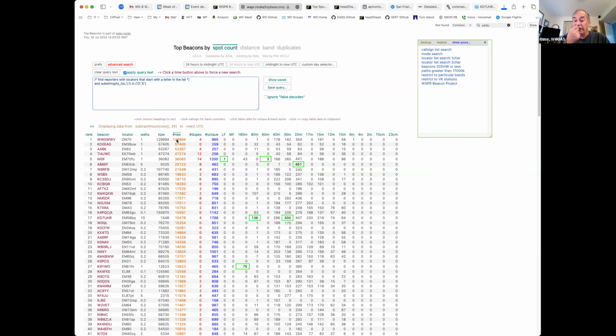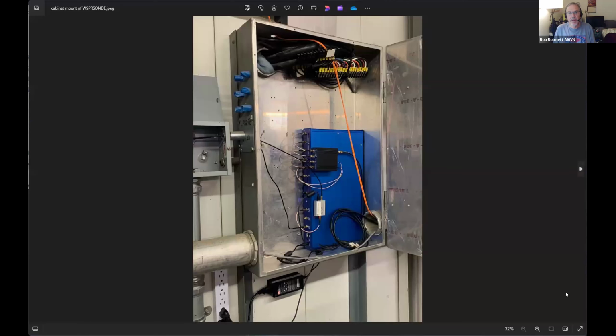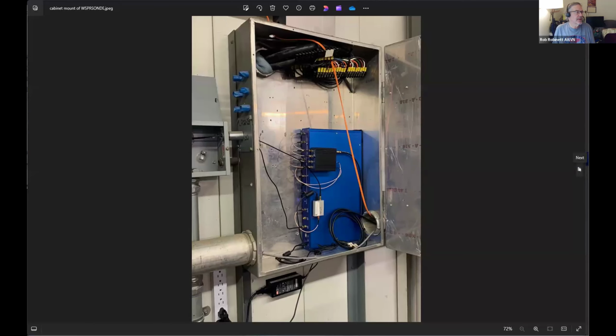You guys would like where it's placed. I can show a quick photo and then I can be done with this discussion. Stop share. Anyway, I think we would want to move you to, or at least add, FST4W transmissions so that we could get the Doppler shift data. We can't get Doppler shift yet from WSPR-2, at least not reliably.